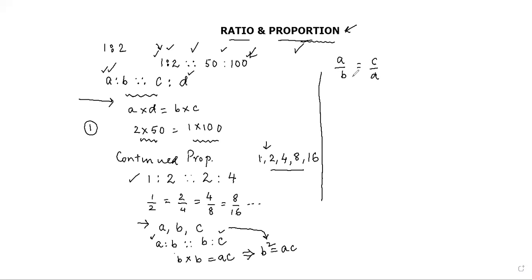If A upon B is equal to C upon D, just like 1 is to 2 is the same as 50 is to 100, the first thing, very important, is called